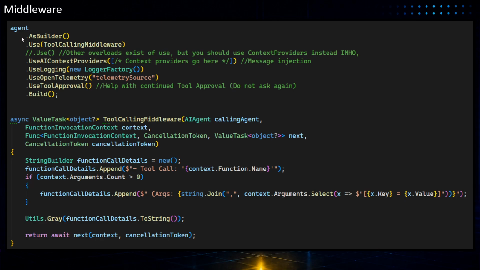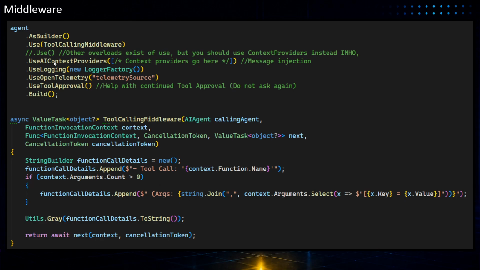But it's just for the agent. So we can go in, for example, and have various .Use. They have 5, 6 overloads on this. The one you probably want to use is tool calling middleware. So you can actually make a small middleware method here in order to grab details about what tool is about to be called, or stop the tool, perhaps. Again, dedicated video on how to do that.